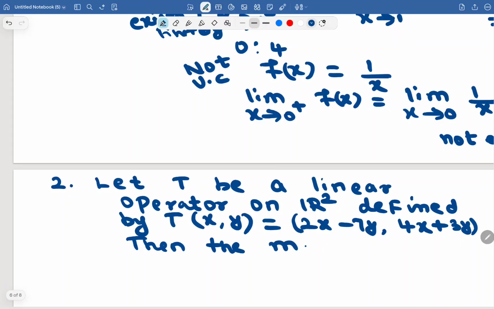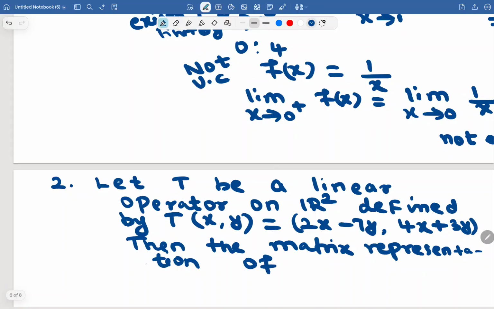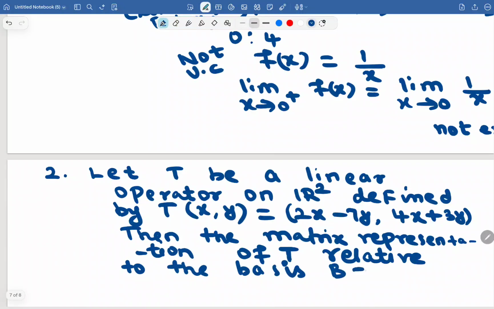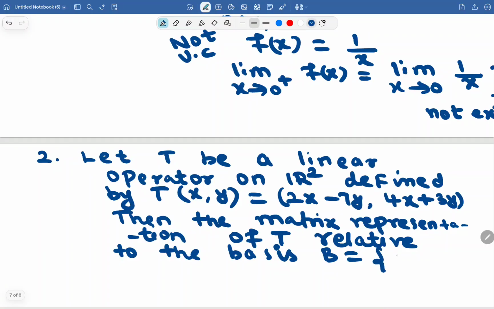Then the matrix representation of T relative to the basis B = {(1, 3), (2, 5)} is: